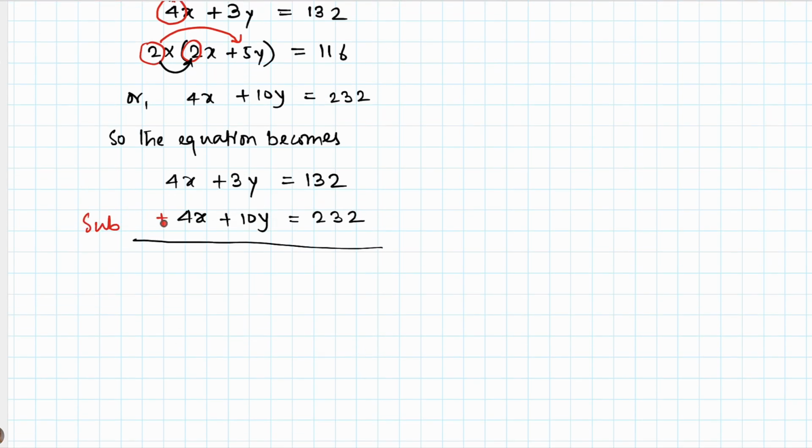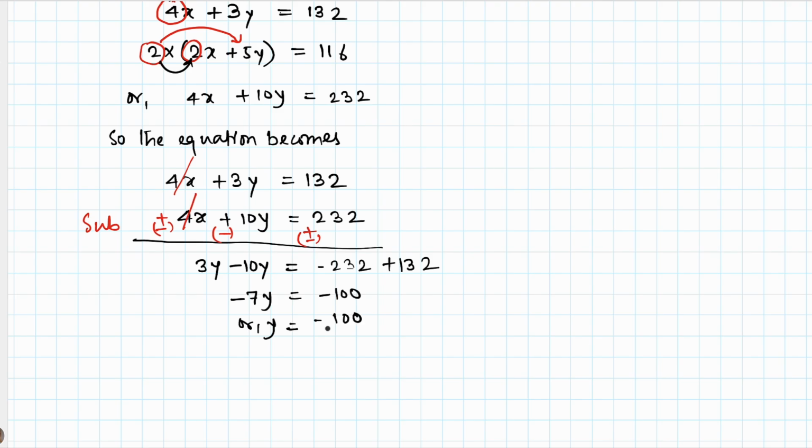Now let us solve this by subtracting. So 4x gets cancelled and we get 3y minus 10y, which is equal to minus 232 plus 132. So minus 7y is minus 100, so y becomes minus 100 by minus 7, the minus cancelled,